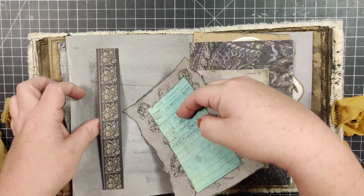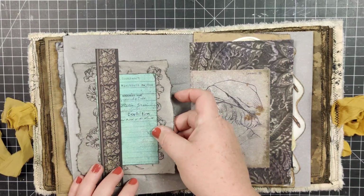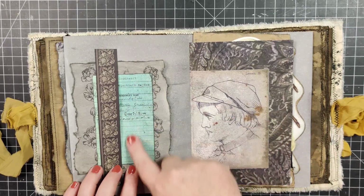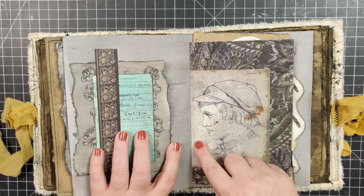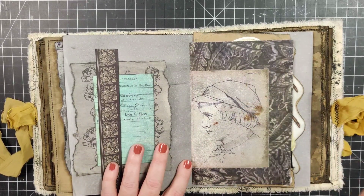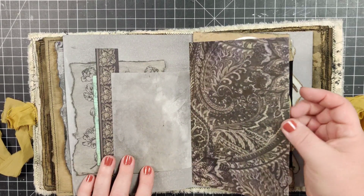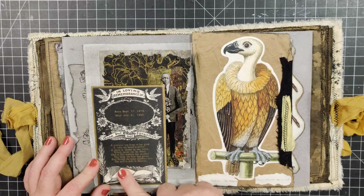The first page of this signature originally had this little boy, and I thought that worked really well with the book and the library card checkout. But he ended up moving here instead, it just worked better for the flow. But there you go, there's that guy, and then here we have "in loving remembrance